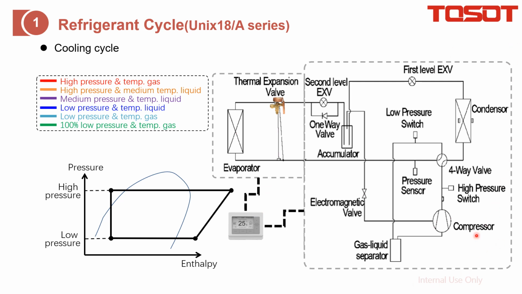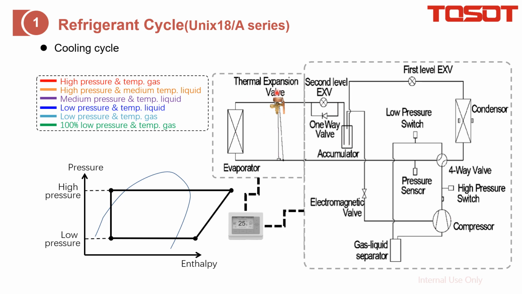You can find that we have the compressor, two pressure switch, and also this pressure sensor. It is not located at the discharge of the compressor, and we put this here just to detect the pressure, which is low pressure in cooling and high pressure in heating. And after the four-way valve, we will find the condenser, and also there are two EXV. Between them, there is an accumulator, and we go to the indoor unit.